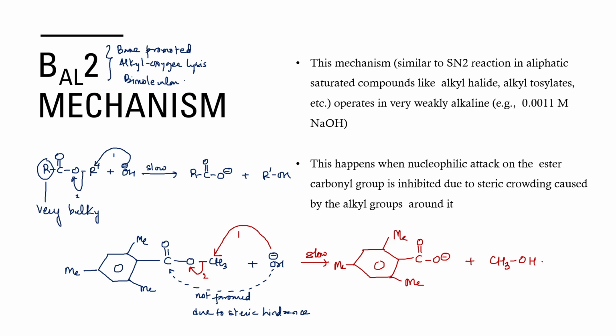Understood? कब होना है ये? जब alkyl group connected to acyl is bulky. If alkyl group connected to acyl is teeny tiny, small, छोटा मोटा group है, then BAC2 हो जाएगा. अभी जो हो रहा है वो BAL2 हो रहा है क्योंकि आपने इस बॉन्ड को ब्रेक किया है. ओके,